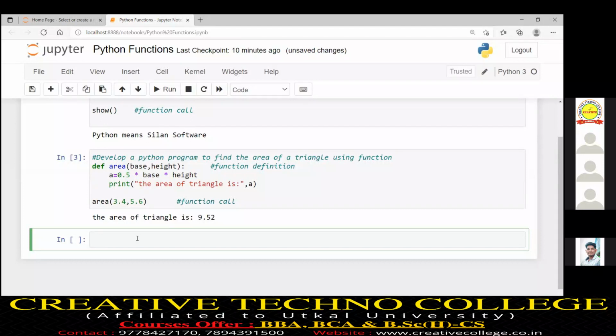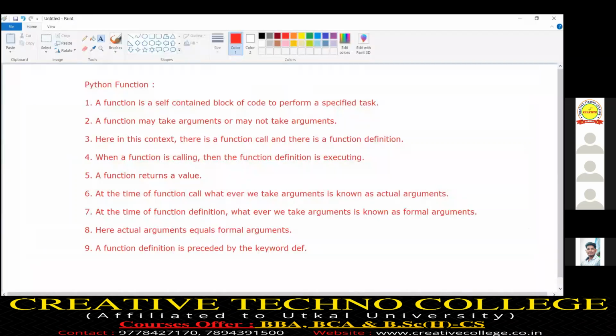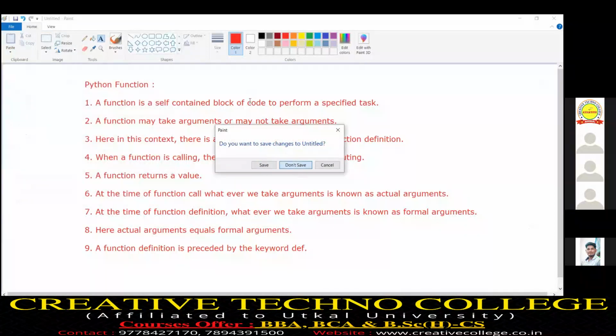Otherwise, the function definition will not execute. So this is all about function introduction: what a function is, and how to write a program using function call, function definition, actual argument, and formal argument. Then we will go to an important point. I hope everybody has written these points 1 to 9. Then I will go to the new file.